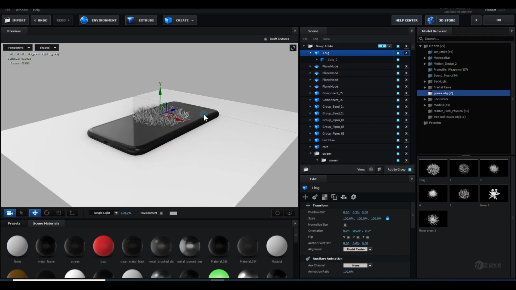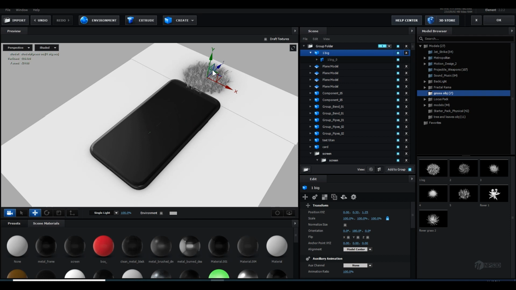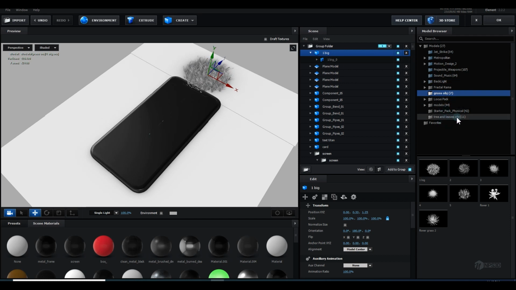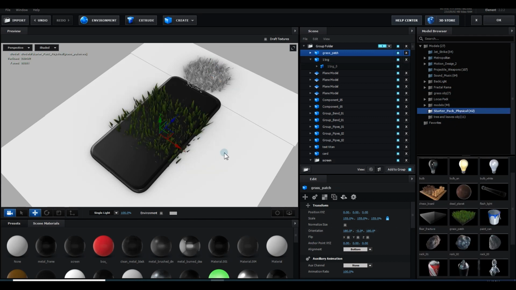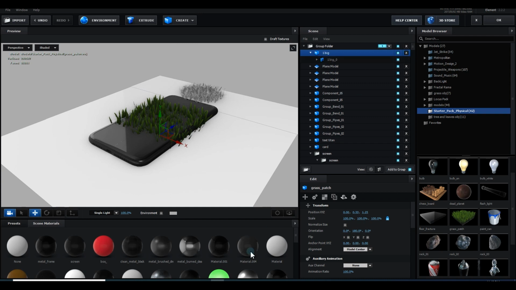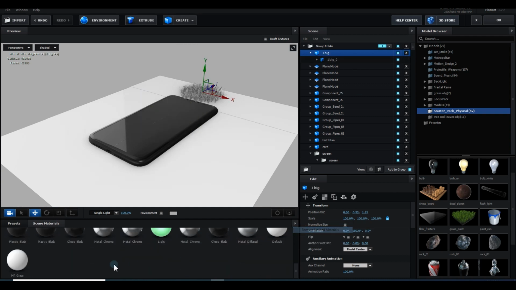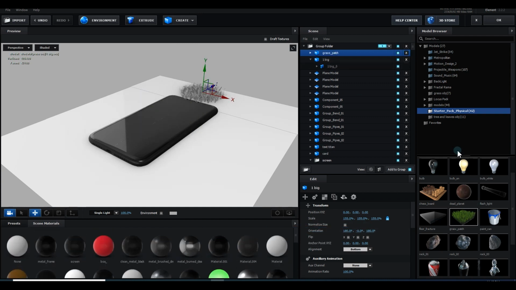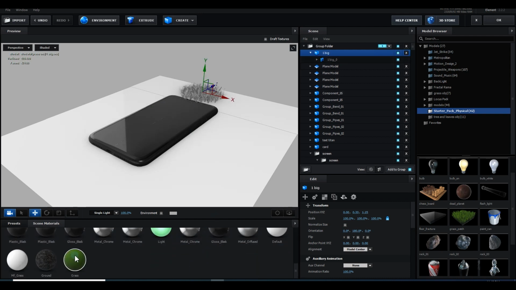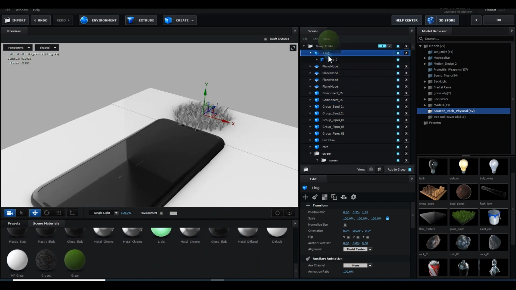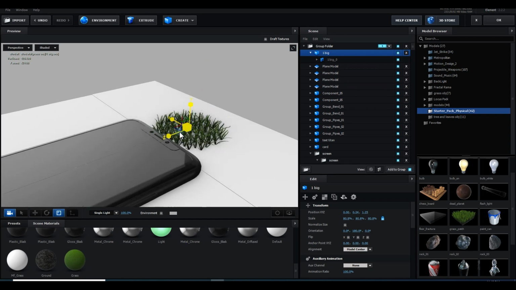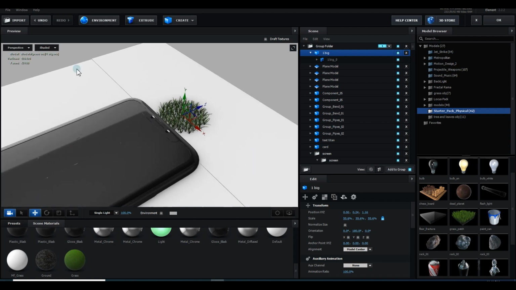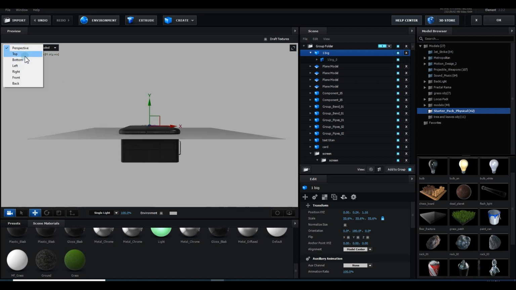Put it here. And now let's go over here. If you don't want, you can simply go to the starter pack, and here is a grass. You can load that grass, but I don't want it, so I will cut it, but I will use the material of this grass because I think I have more control on this one. So I will simply apply it here, and I will place it here and scale it down. Let me fast forward this process.